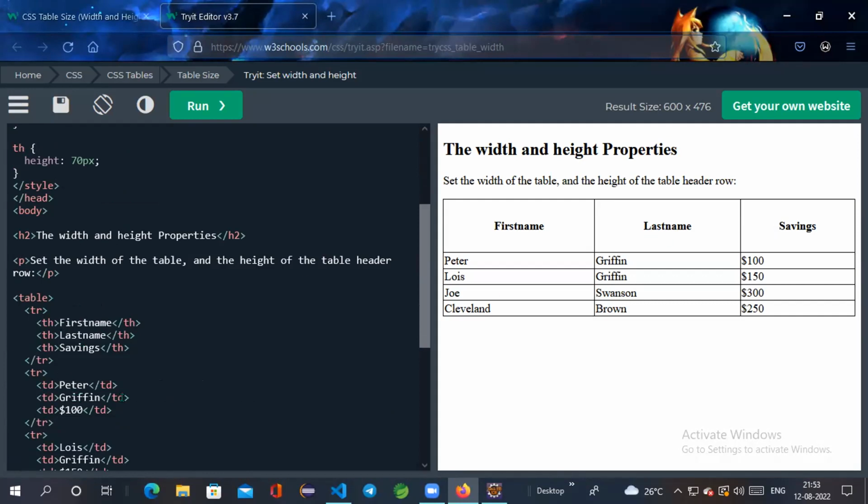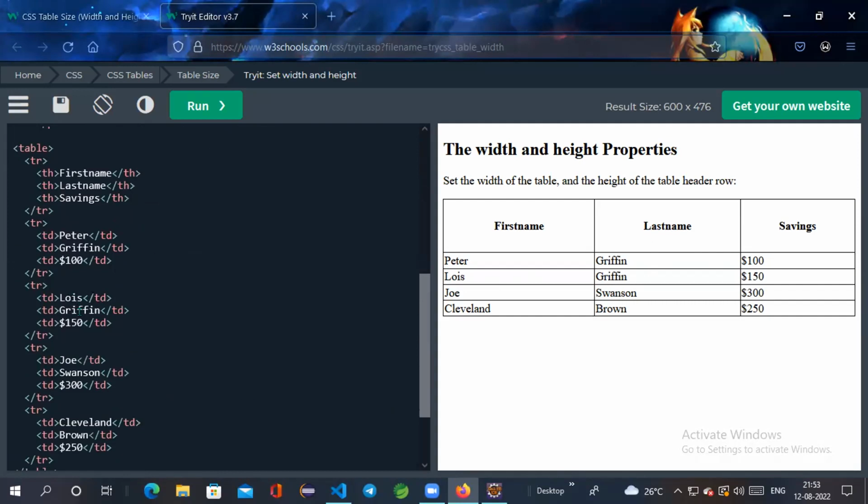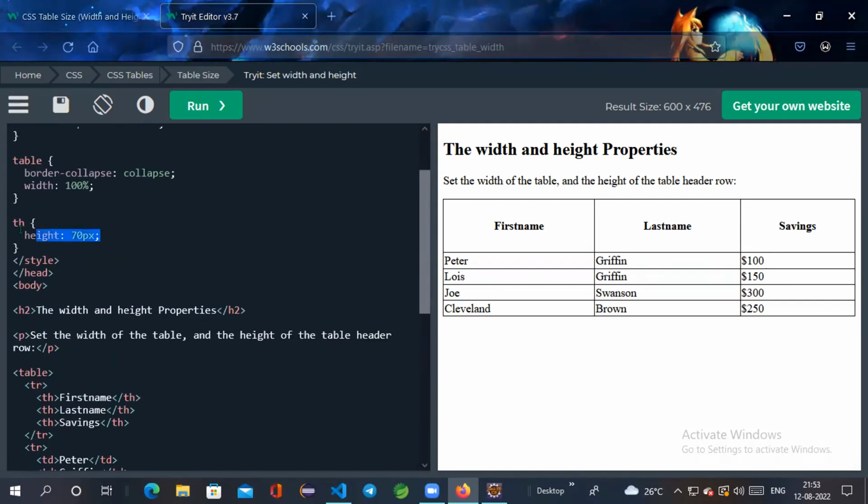They are just doing Peter Griffin and $1,000, and again Louis Griffin $150. In that type, they are from another table. And here they mention the table size. Table size is 70 pixels. If we change the table size,